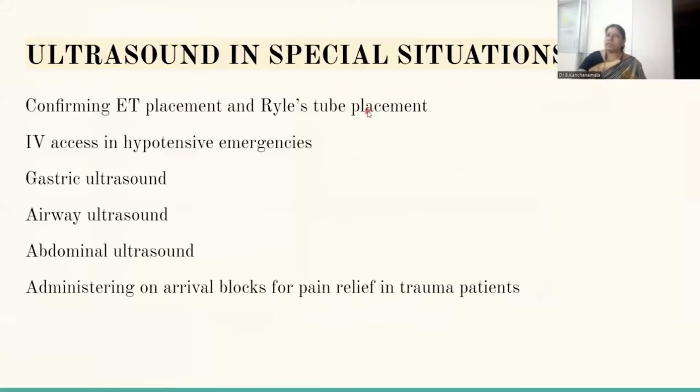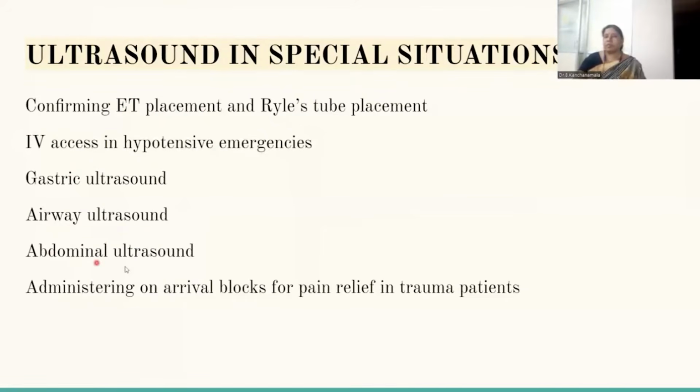Going on to the ultrasound. Role of ultrasound or POCUS in special situations: we can find out whether the endotracheal tube is correctly placed, and Ryle's tube placement can be confirmed. In hypotensive emergencies, peripheral IV access and central access can be done. Gastric ultrasound we can use to find out the gastric volume, and with airway ultrasound we can find out where the cricothyroid membrane is to go for emergency